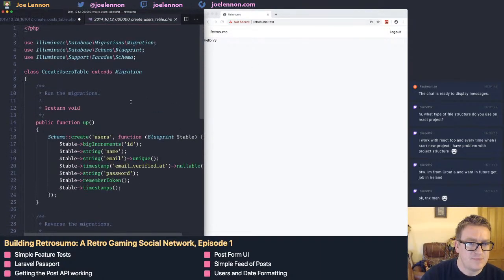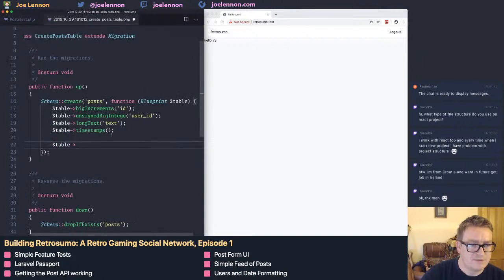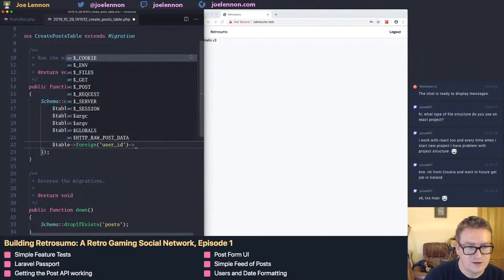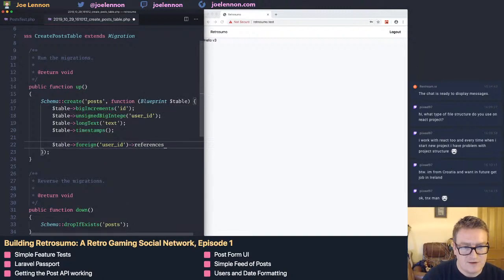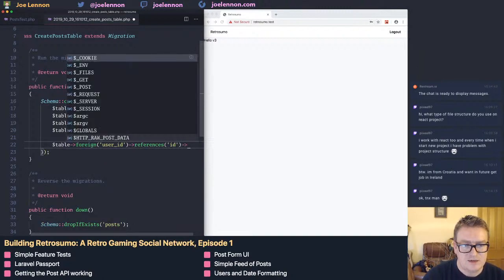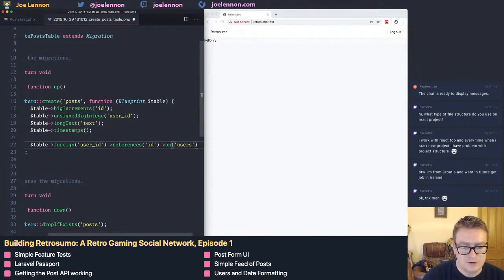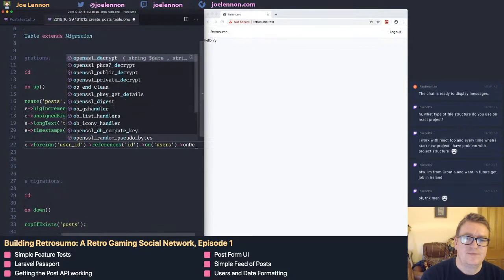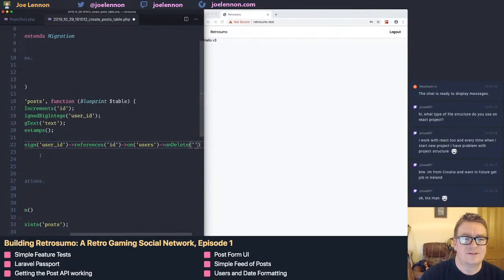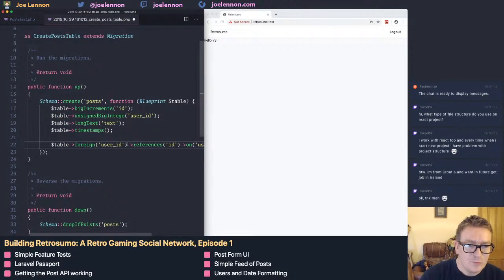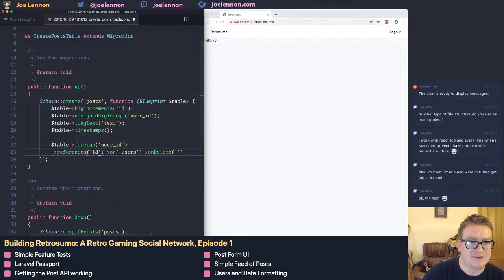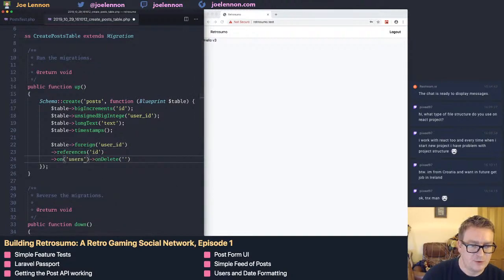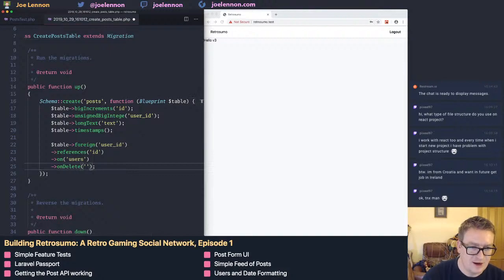So I'm now creating a foreign key relationship to that table. I'm going to say create a foreign key on the user ID column. It should reference ID on the users table, and on delete. This is one of those things I'll definitely have to come back to and make some decisions on later on. But the simple thing that I often do is create an on-delete cascade when it comes to